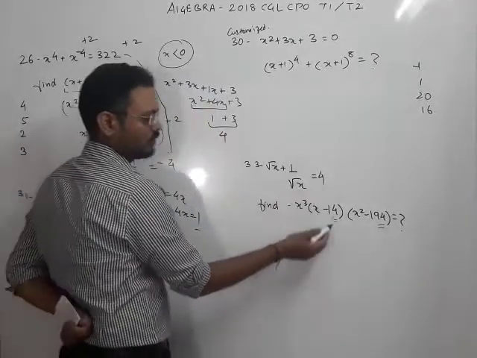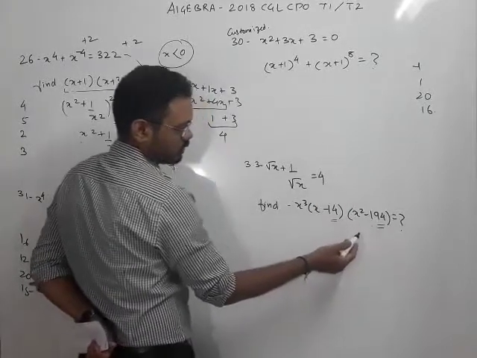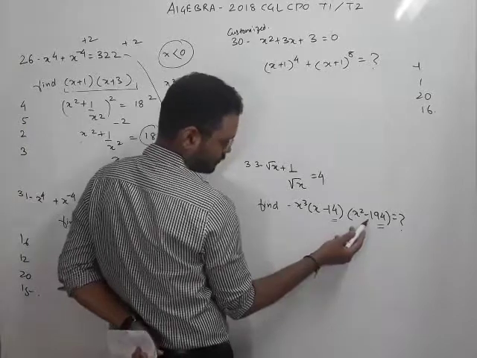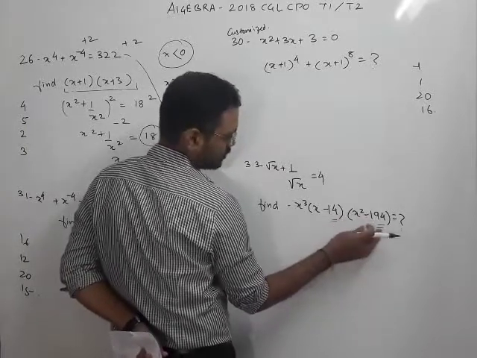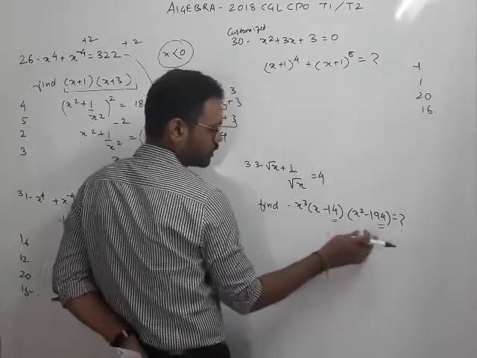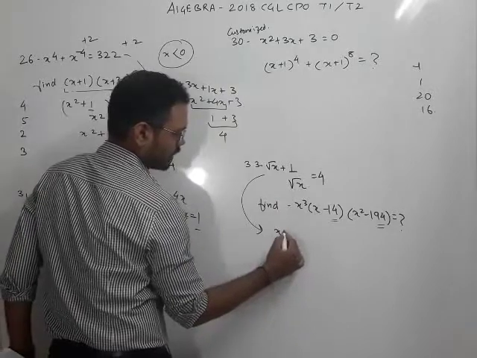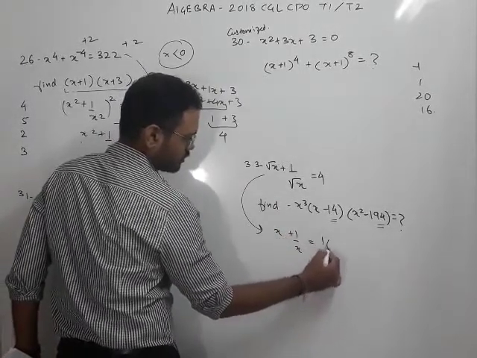All pertaining to the same family. 14 squared, we will get, and 14 squared minus 2 will give me this. So I will write x plus 1 by x is